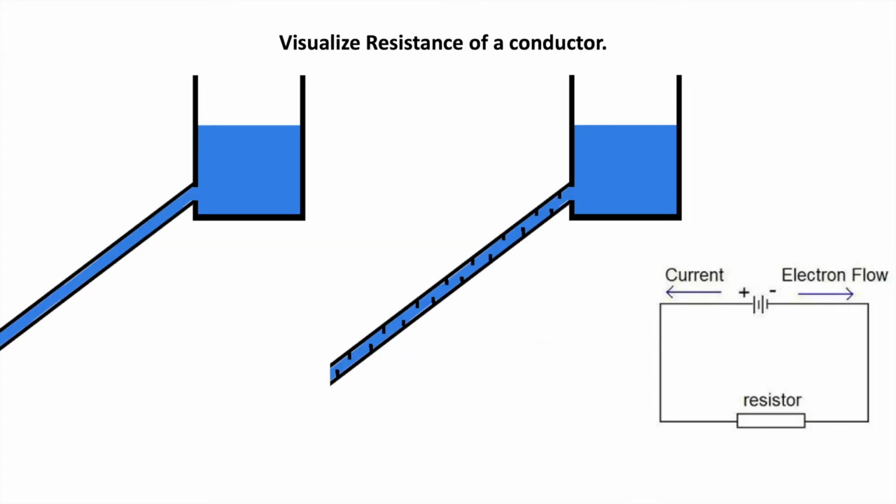We have already seen the formula for resistance. Now we can visualize what resistance is. Again, consider the flow of water through a pipe. These two tanks are of the same height, that means they have the same potential difference. But the rate of flow of water through both pipes is different. How is it possible? Because in this pipe there are some obstacles which resist the flow of water. In the same way, in a circuit, the flow of current is opposed by a measure called resistance, and resistors offer the resistance to oppose the flow of current in a circuit.